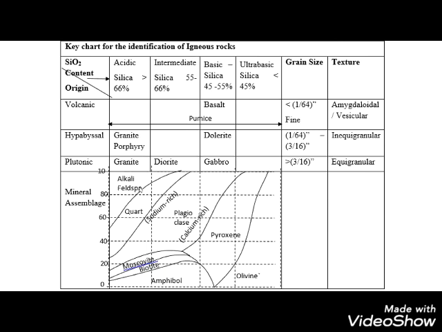And mineral assemblage, you can see this particular graph gives a mineral assemblage. Okay, these dotted lines will give you the demarcation. So if you are choosing granite and granite porphyry, obviously the minerals present in that will be alkali feldspar, quartz, and some portion of plagioclase feldspar, but biotite, muscovite, and amphiboles will be the accessory minerals present in this particular rock. Like this, you have to understand this chart. If you remember this chart, it will be very easy for you to identify the igneous rocks.